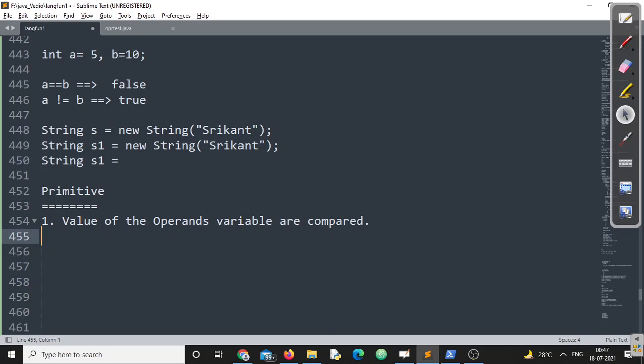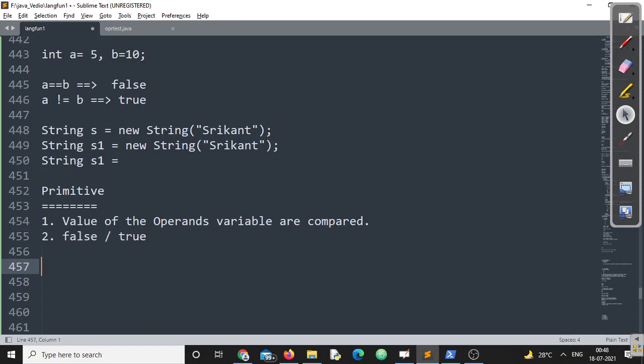Here boolean values are also operated. If I am operating true double equals to false, definitely what I am going to get is... we'll cross check this one, right? Okay, next. So for primitive, no problem at all. We are definitely going to get the value comparison on the basis of value that is stored in the primitive. And what will be the output? The output will be either false or true. Make sure you understand this point. The output value will always be Boolean.